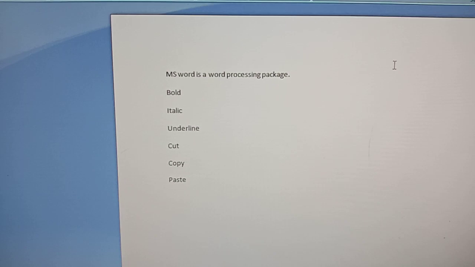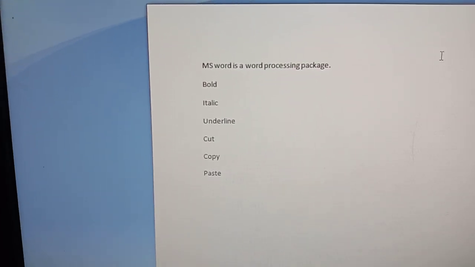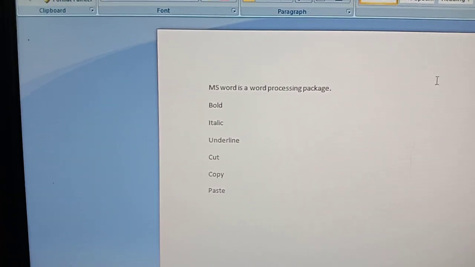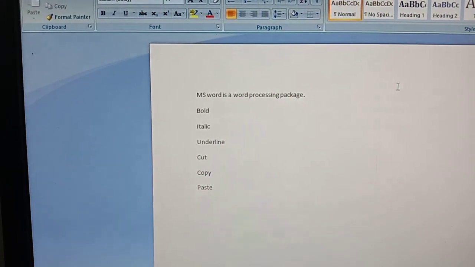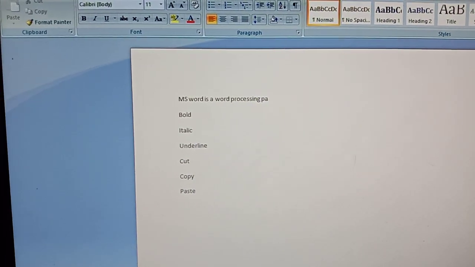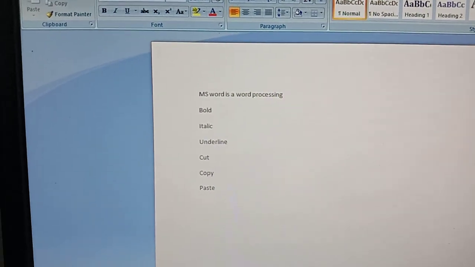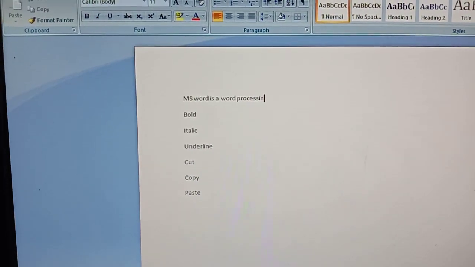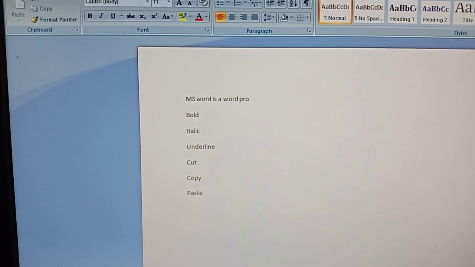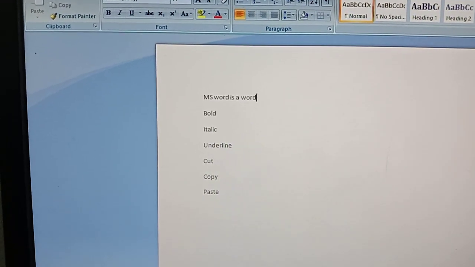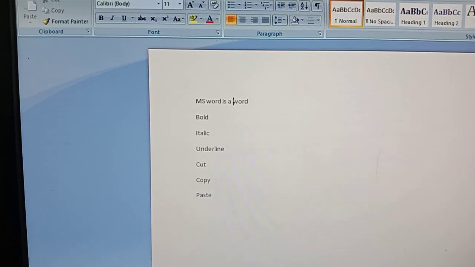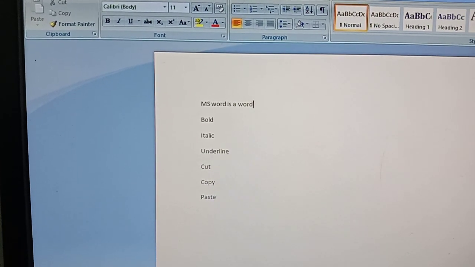Next, we are moving to deleting text in a document. Either you can use the Backspace key or the Delete key. If you press the Backspace key, it deletes a character towards the left of the cursor. See, if I press the Backspace key, all the characters are deleting from the left side, right? Yes. If I want to delete a character on the right side, use Delete.